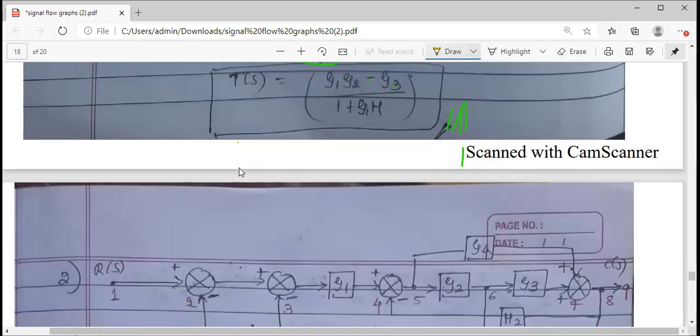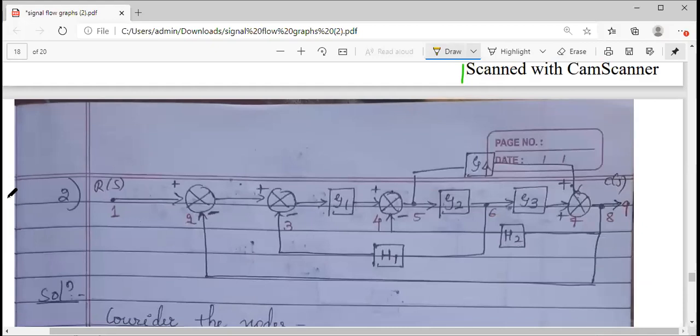Let us take one more problem. Again, in the given question, the block diagram is given to you. Use Mason's gain formula to find the transfer function. We cannot use Mason's formula directly on a block diagram. We should first convert this into a signal flow graph. In order to convert, first mark the number of nodes. So look at the question. Where do you have to take nodes? You should take the nodes at the input variable, output variable, takeoff points, summing points, and any other in between. If you see variables anywhere in cascaded blocks, at that time also you should take a node.